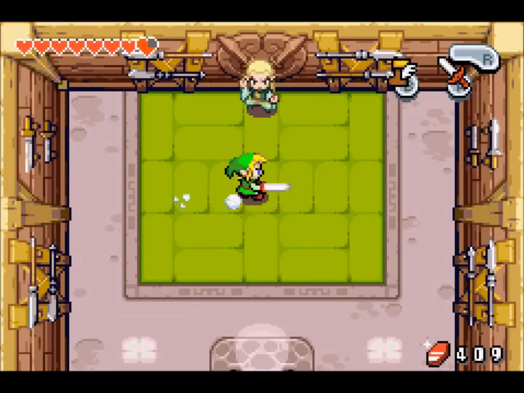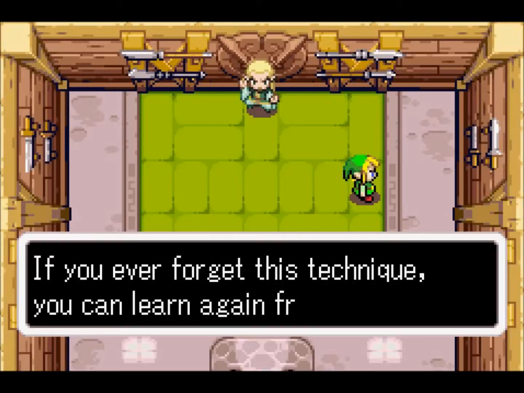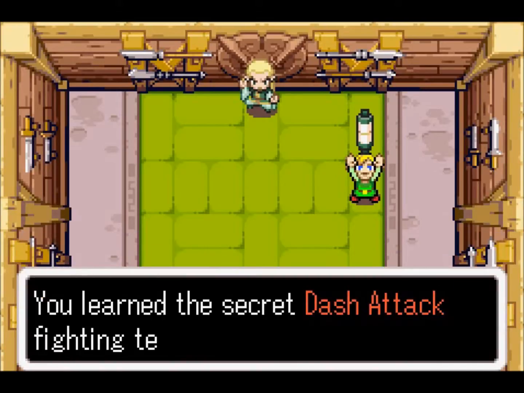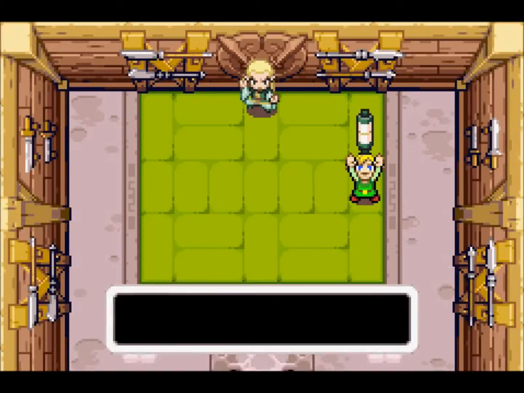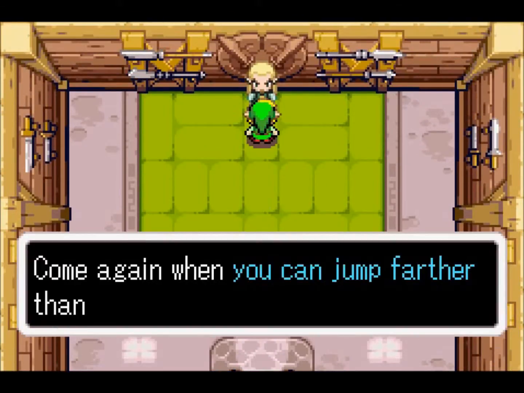Yeah, this is easy enough to replicate. Boom, we're done. Alright, we got yet another Tiger Scroll, in case you ever forget how to use the Pegasus Boots, because now that we have that ability, we can't not use it. And if we talk to him...